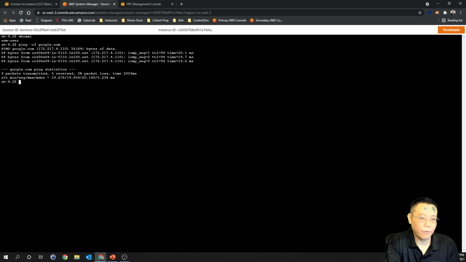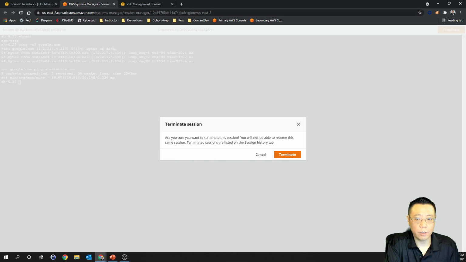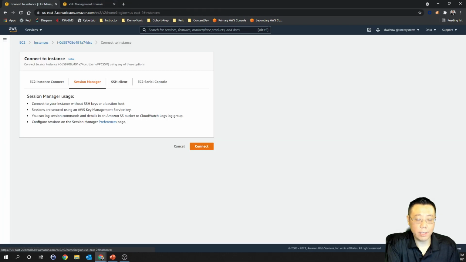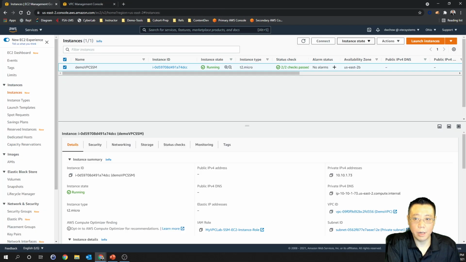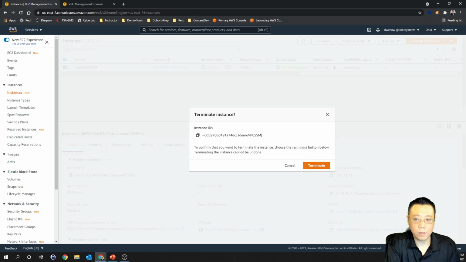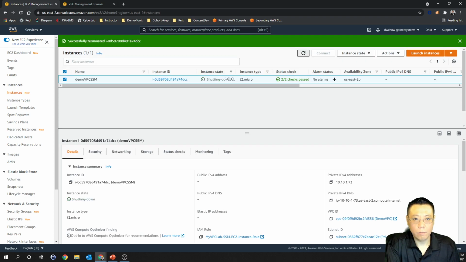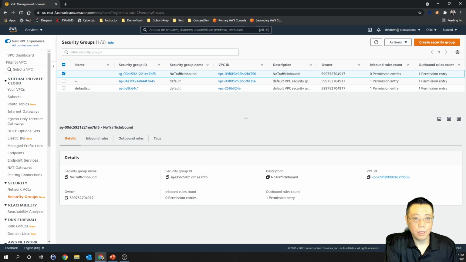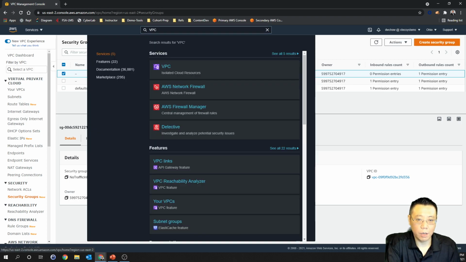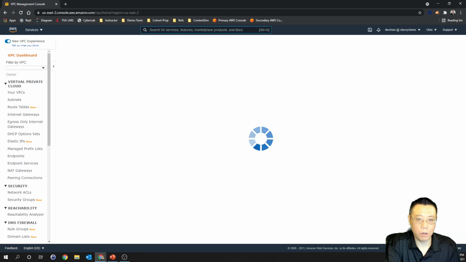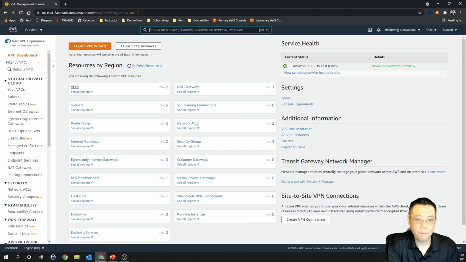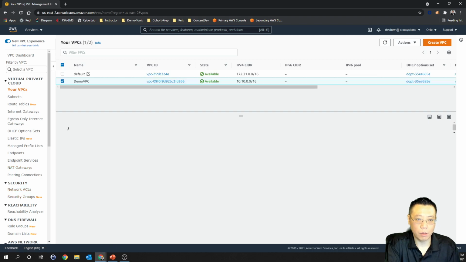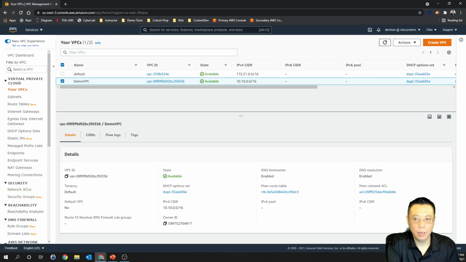To actually clean up, if you've been following along, terminate your connection here. You want to make sure your instances are destroyed. So go ahead and terminate your instance. Wait for that. And because you didn't create anything else, you can actually go to your VPC when that's finished terminating and actually terminate your VPC and also delete your NAT, which will also delete your NAT gateway. But you'll also have to disassociate and remove your